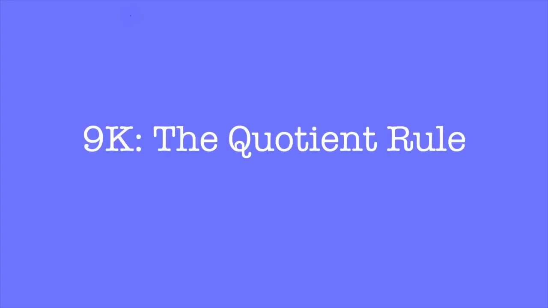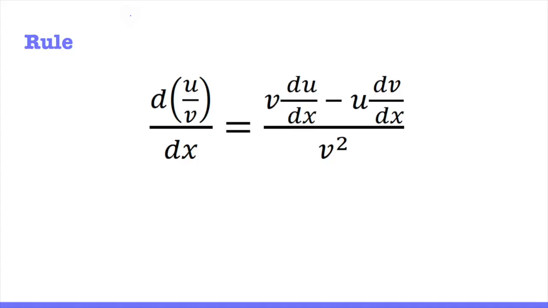Okay, the quotient rule. So here we have another rule for you. This time the quotient rule is when we have two functions that are being divided by each other. So once again, if I've got a function y, which is equal to this time u divided by v, this is going to be the rule to be able to work it out. So v is my original function. Again, u, du by dx is the derivative of u minus u multiplied by the derivative of v, all divided